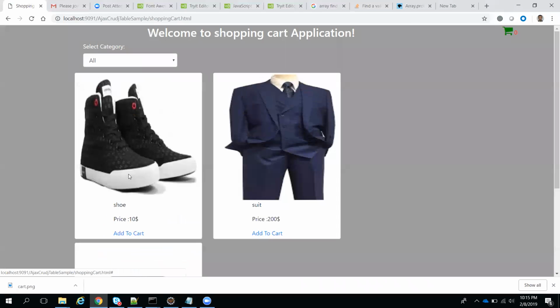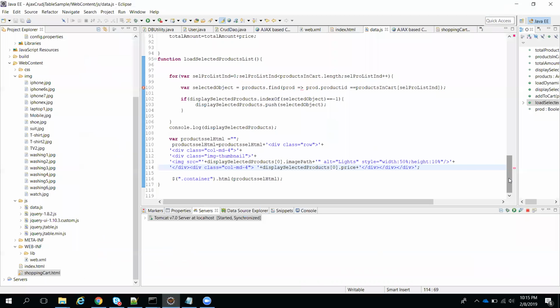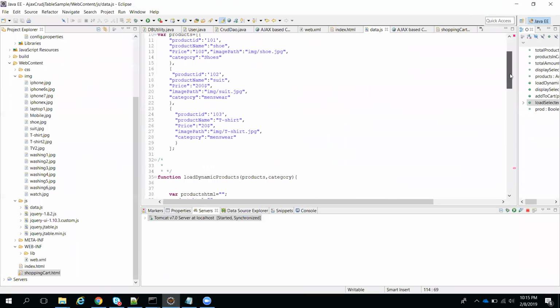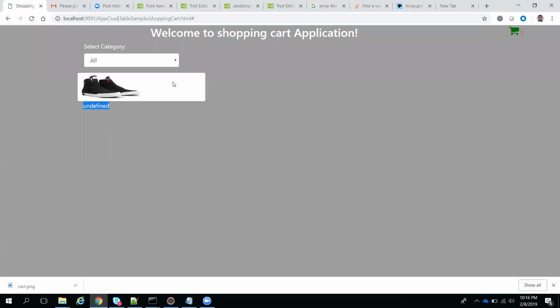Now again I will click, sorry, now we're clicking here. Okay, at last we got it, but price did not come. Is it capital P or small p? We need to check what the price is here. P is capital. Okay, so we need to use the same here. We had given small p here. Okay, it has to show no price.